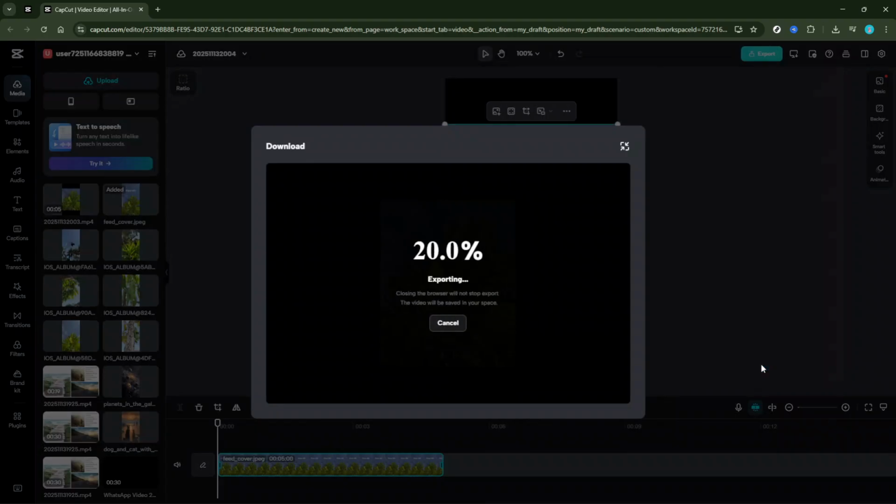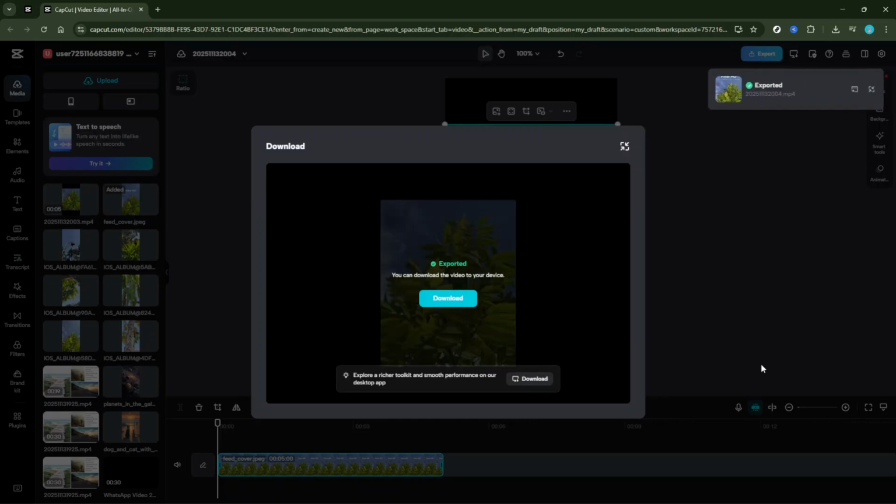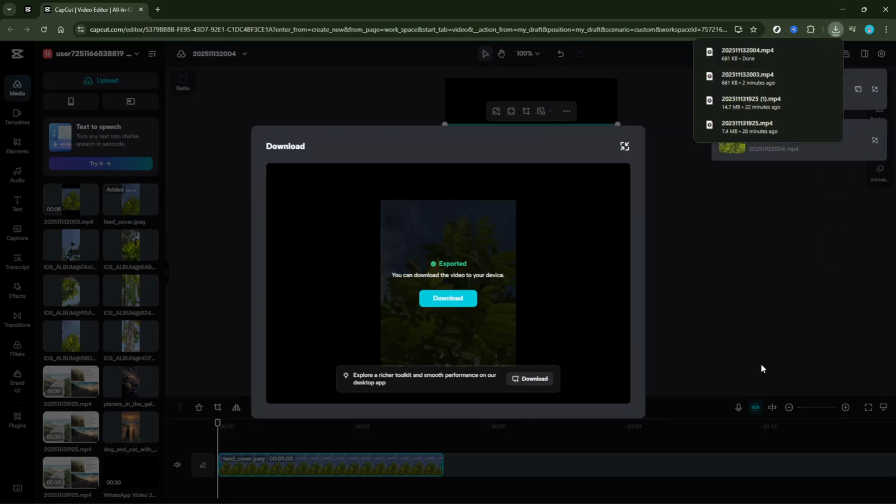After you've finished editing and the video looks just right, it's time to save your work. Click the Export button, typically found in the upper right corner of the program. Here, you'll be able to select your desired resolution and format for the final video output. Once your preferences are set, click Save. Congratulations, you've successfully removed unwanted text from your video using CapCut on your PC.